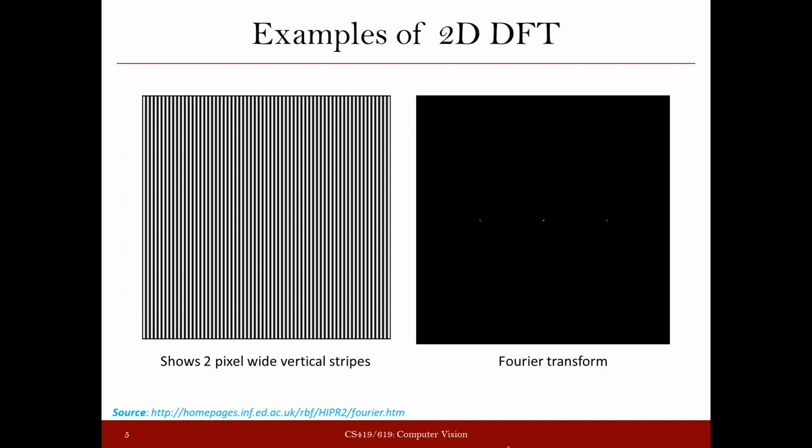In our discussion, though Fourier transform can be defined for any 2D function, since our intention is to discuss images, all the examples that we will see here will be based on images. Okay. So let us understand the 2D DFT with the help of this example. Here on the left side you see an image is given, and our objective is to find out its Fourier transform. What you see on the right side is actually its Fourier transform.